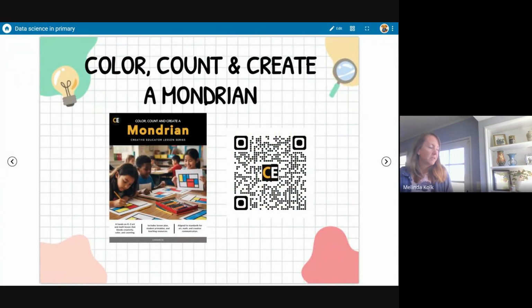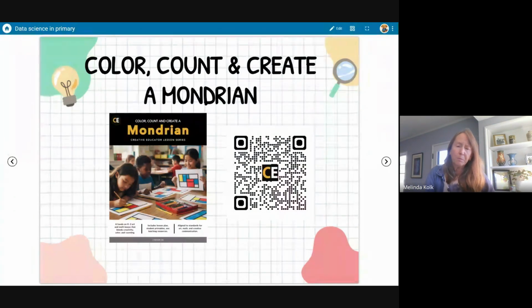One of the things that I'll share here, and if you want to grab that QR code, and I have a link to it in the description as well, is a fun project working with the artist Piet Mondrian. You might know him. If you see those squares in the picture there, you can recognize a lot of his art that way. What you have kids do is learn a little bit about Mondrian, and then they just do a coloring page. But when they're doing the coloring page, they then have to count up. How many squares did I choose to do blue?